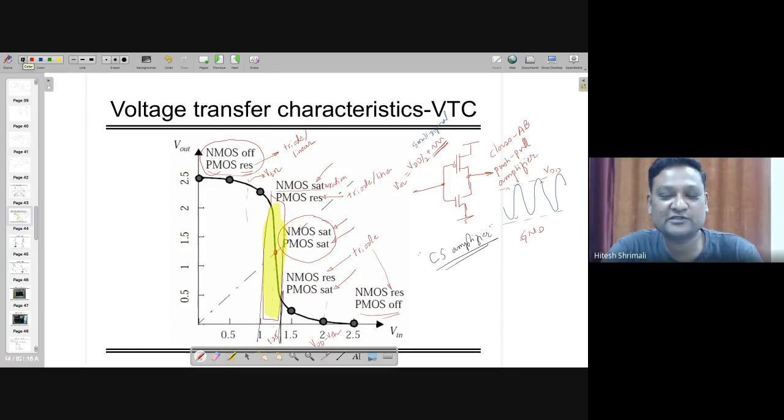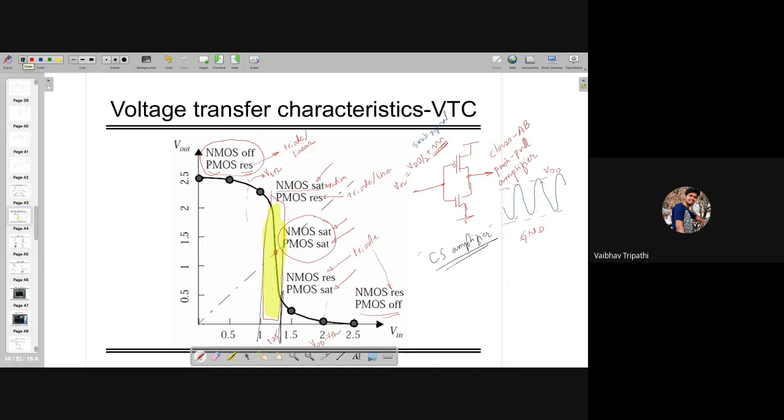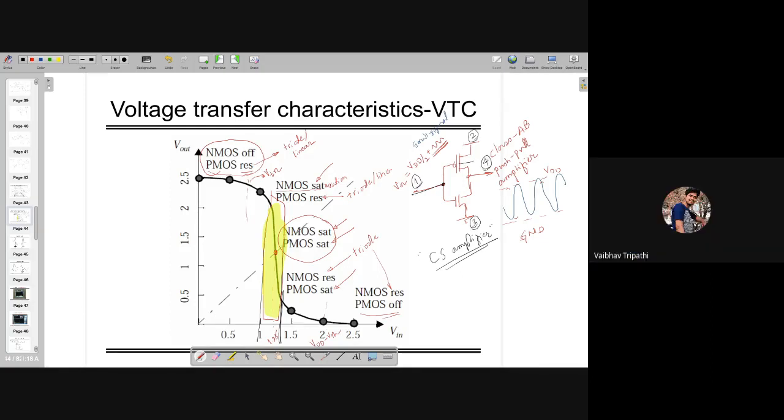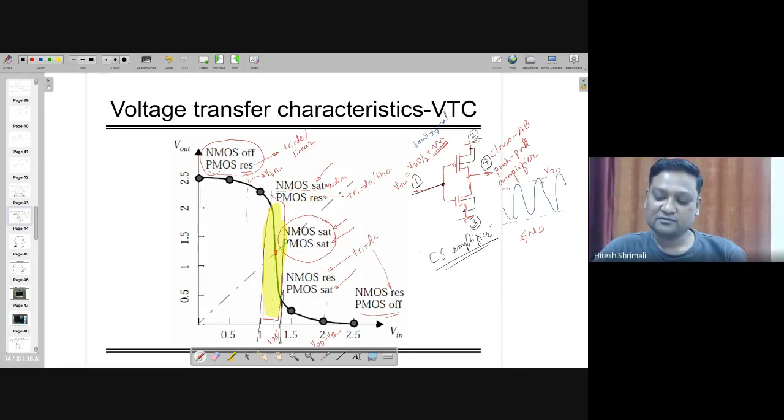Somebody was asking a question. Sir, this graph is only for a fixed value of V input or any general value of V input? It is a general V input. Look, I can see only 4 terminals in this amplifier or inverter. One is this one, this one, this one, and this one, right? When we are doing this, we are doing this also, right? So one is input, 2 is a DC quantity, 3 is also a DC quantity. So one is the only place where we are changing it, and universally this should work.